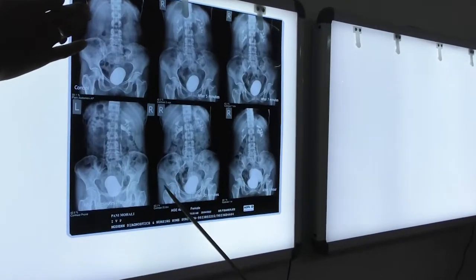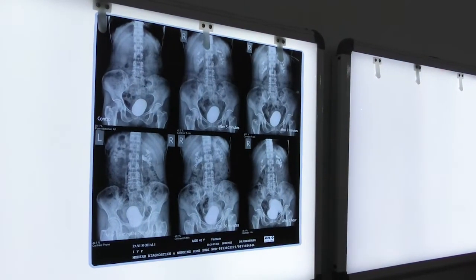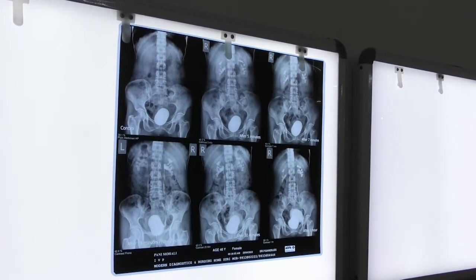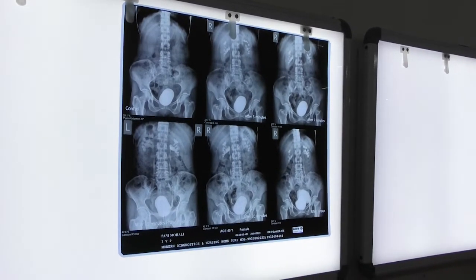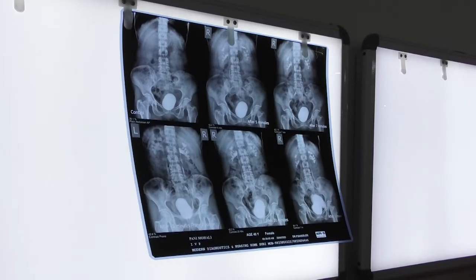You can see the hip joint here. In the hip joint,